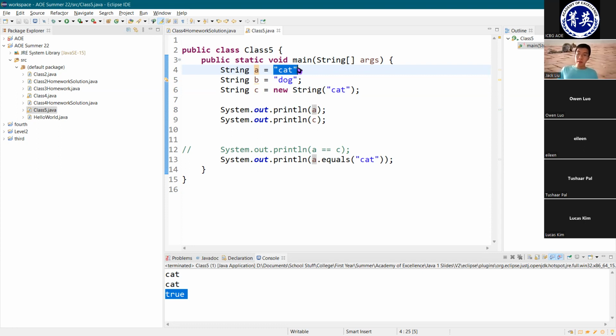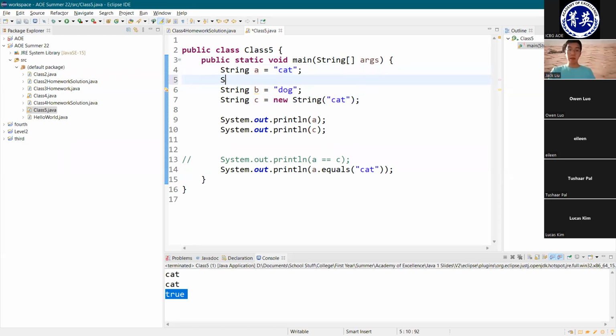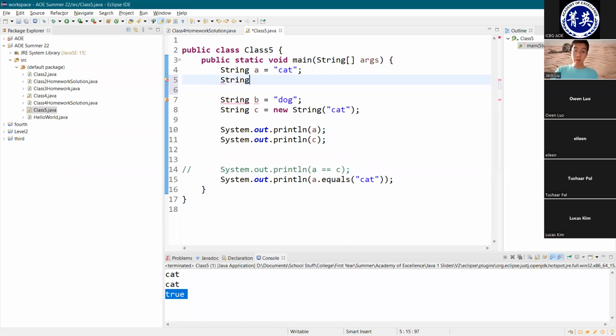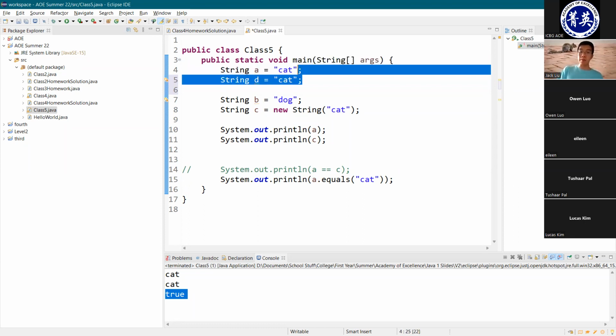Then we have another rule. If we use the new keyword, that means we create a new string with a new address. It has to be a new address, a different location. If, however, we create another string using the same method as before with the string literal, like this. So if we create two strings using this method,